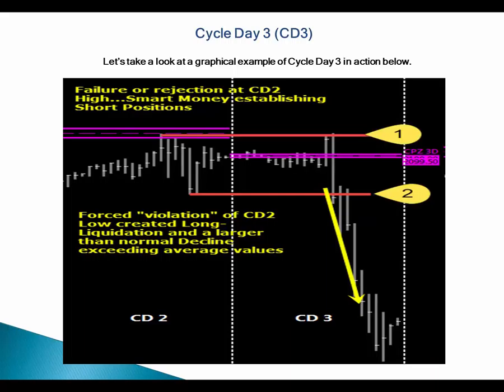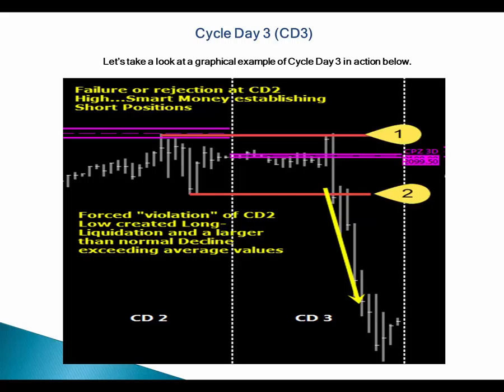So in this example here, all right, it shows that at the beginning of cycle day 3, where it's pointing on bubble 1, prices could not penetrate cycle day 2's high. So what does that tell or indicate to the smart money out there? Well,